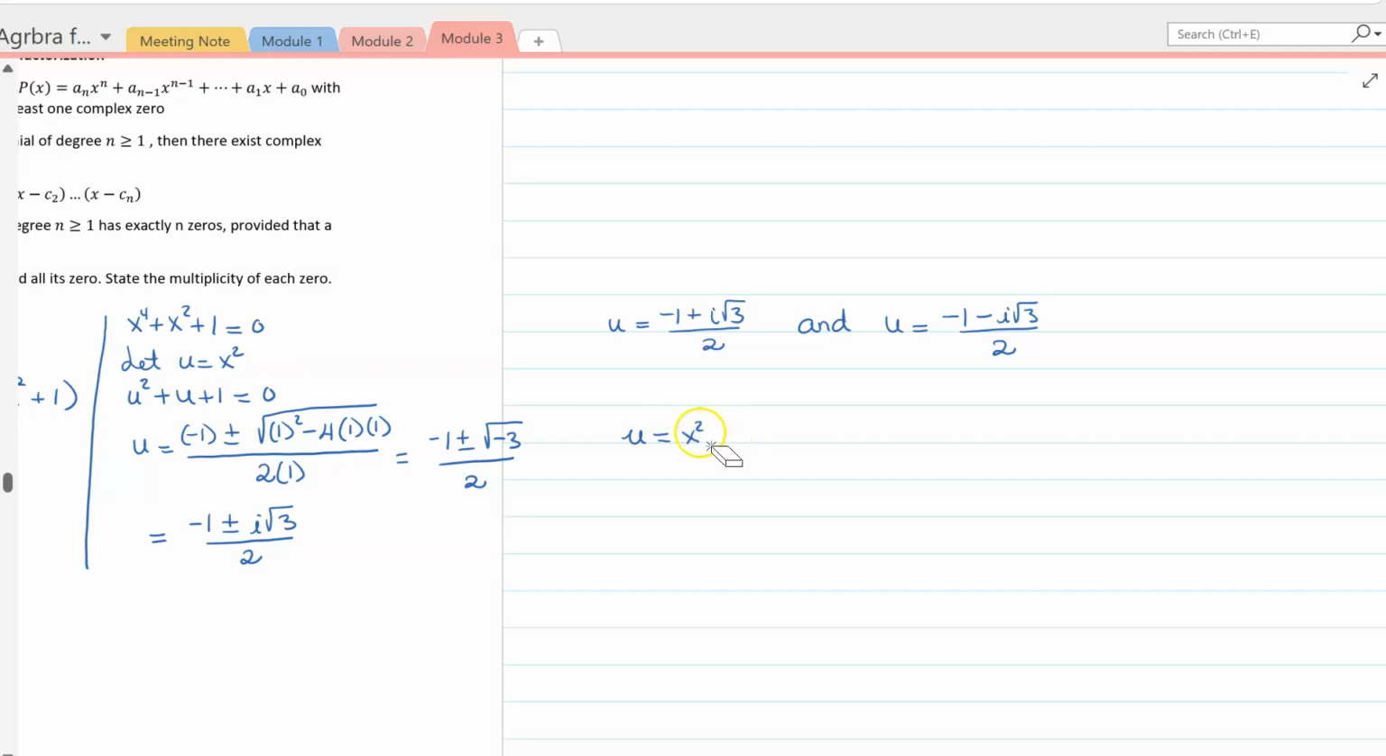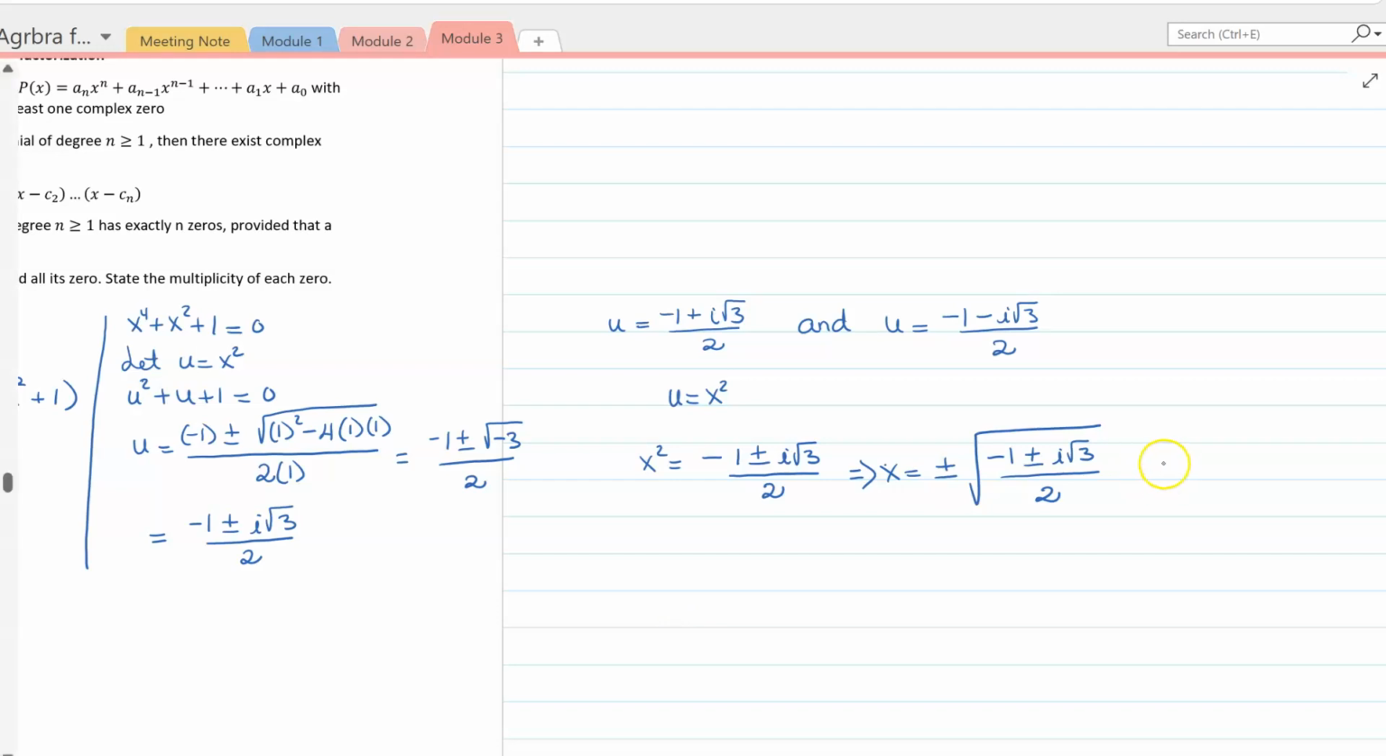But u equals x squared. This means that I can rewrite x squared equals negative 1 plus or minus i times square root 3 divided by 2. This means x is equal to plus or minus the square root of negative 1 plus or minus i times square root 3 over 2. Okay, so right here, as you can see,